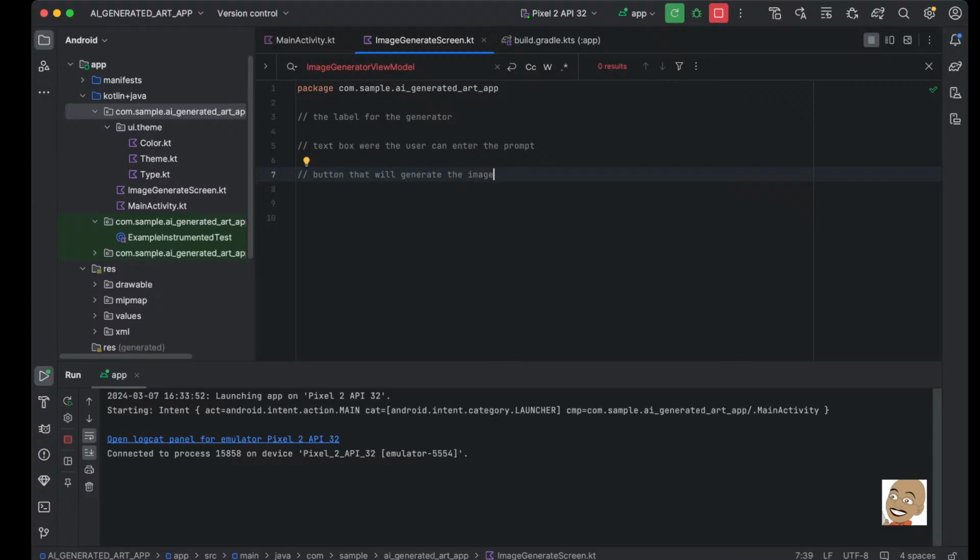Which what I'm going to do is I'm going to do an API call, well, later I'm planning to do an API call to DALL-E in order to retrieve that image and display that image on the Android app screen. But that will be later. But for now, we're going to build the skeleton UI. And so basically, I'm going to do a composable,